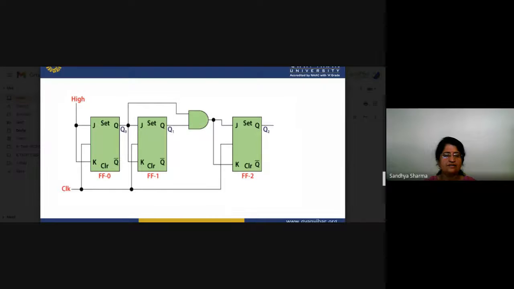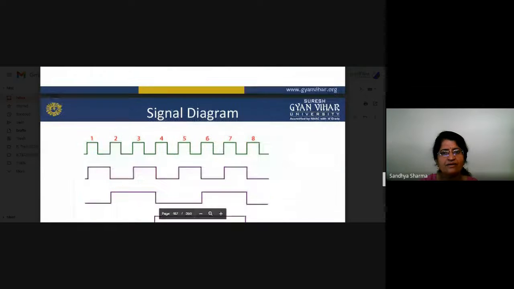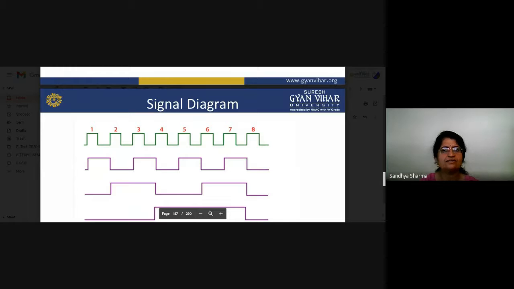There is a certain pattern which we have to follow. You have to clock both the signals, but there is again a delay. You can see here this is the high J and K. This is given to this one, and this high output is again given here, and the output of this one is given here, and then your third flip flop. So for proper counting, we have to make a certain arrangement, which we saw in our previous diagram. So this is the signal diagram.